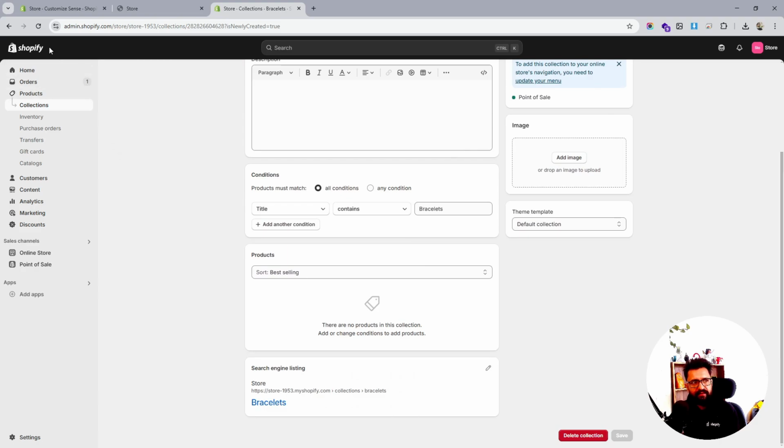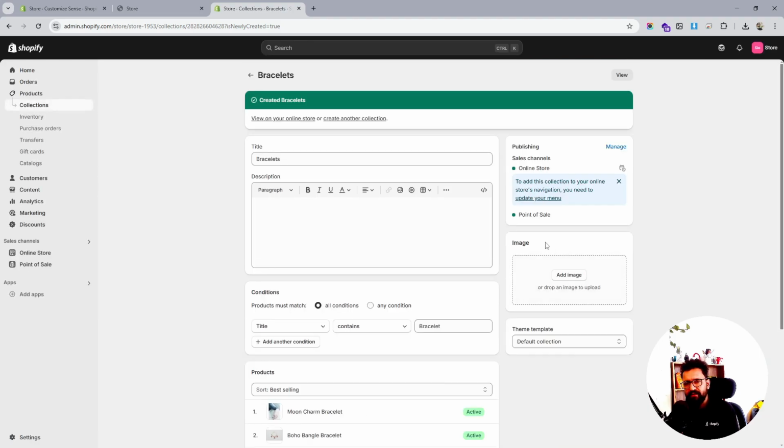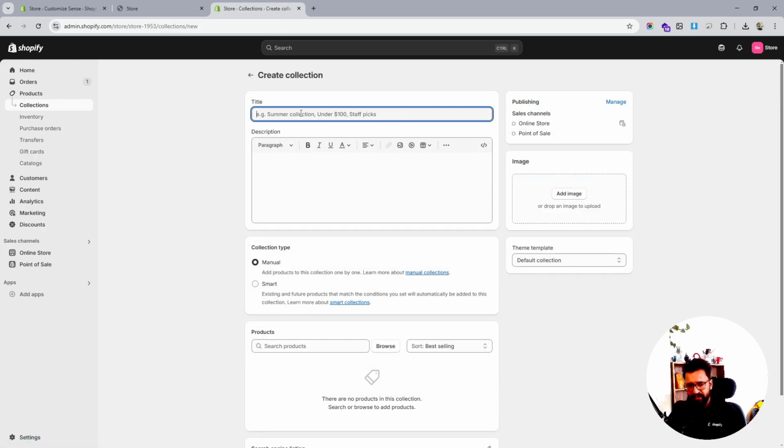And let's see if any product is visible. Bracelet, instead of bracelets it should be bracelet, I guess. That's the reason it was not able to show the bracelet. Yeah, we have the bracelets coming up over here, and then we can create another collection called earrings,